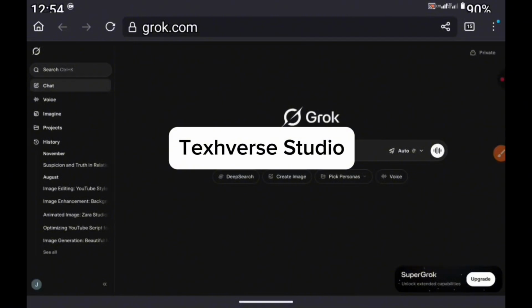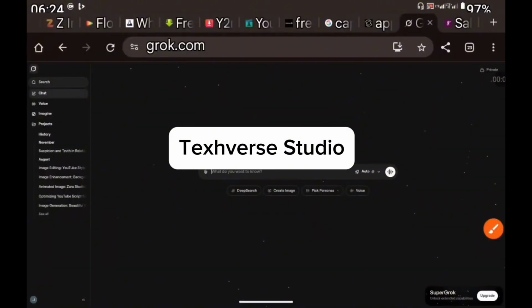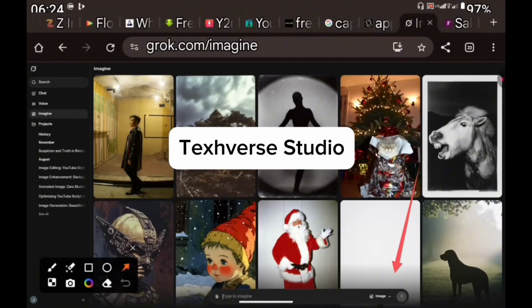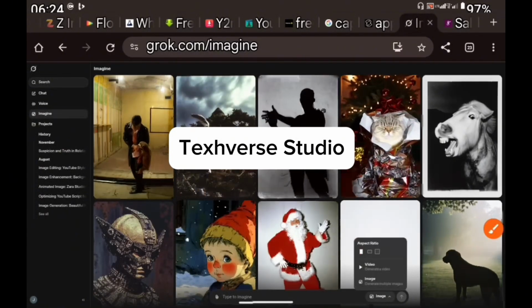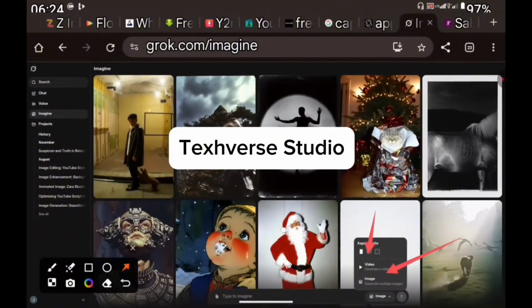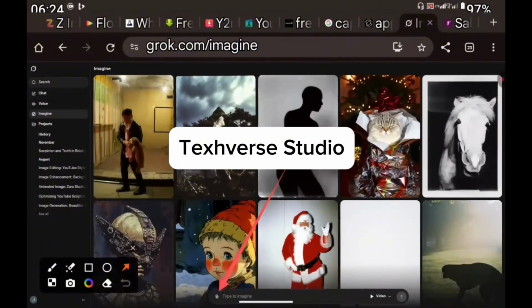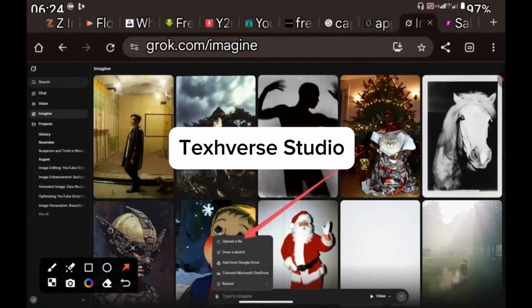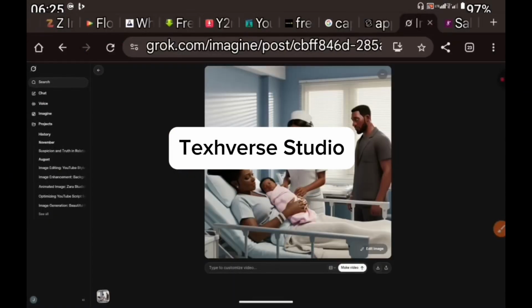Once that is done, you now come here and click on imagine. Now click here, change this to video and select your desired aspect ratio. Once that is done, come to the left hand side, click on that attach button and click on upload file. Attach your very first scene. Now go back to ChatGPT to copy